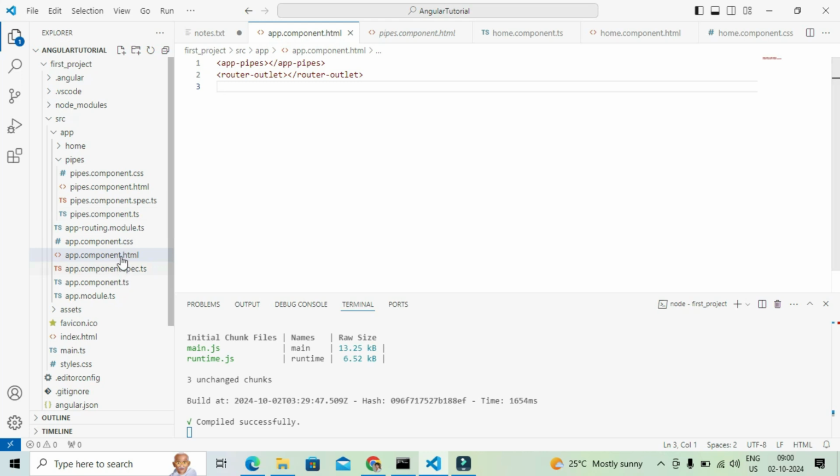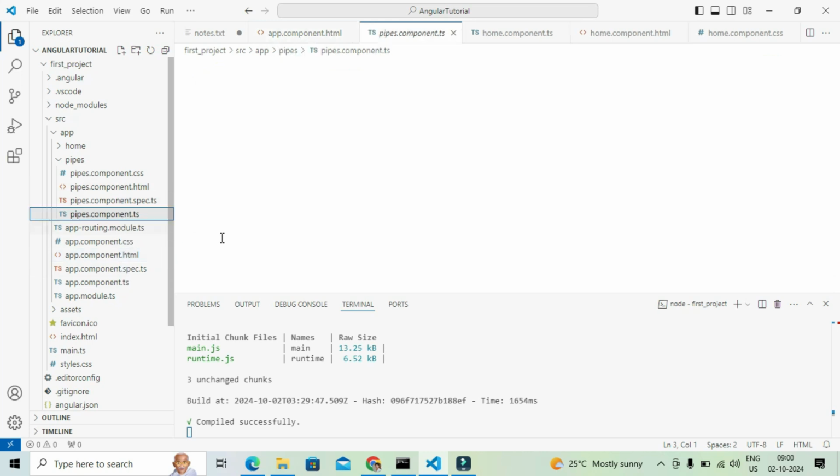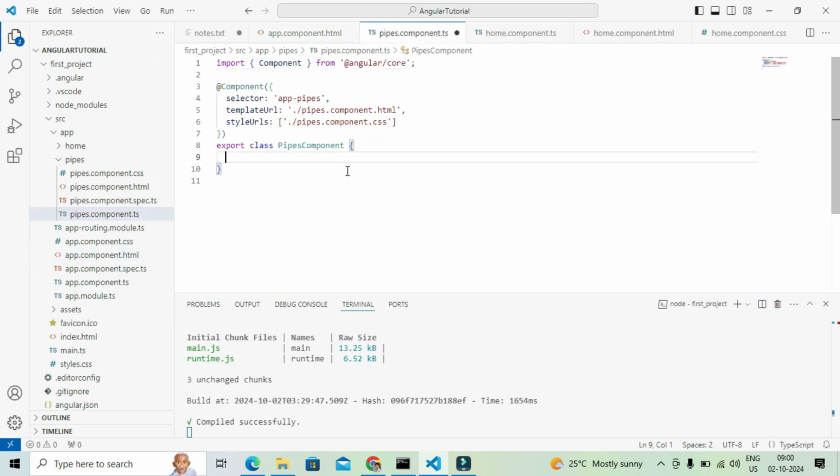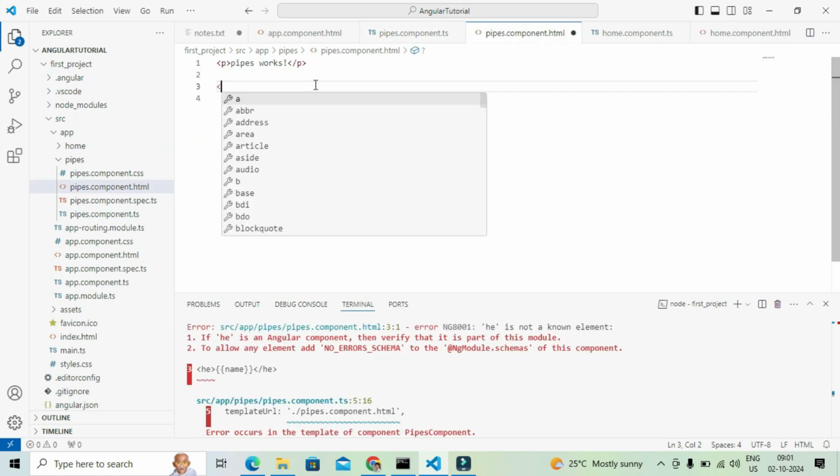Now we will do one thing in the pipes component.ts. We will add one variable here, name equal to Vaibhav, and we will use this property in the HTML file to showcase how it looks. We will use an h1 tag, and in the h1 tag we will use interpolation with name in small letters.